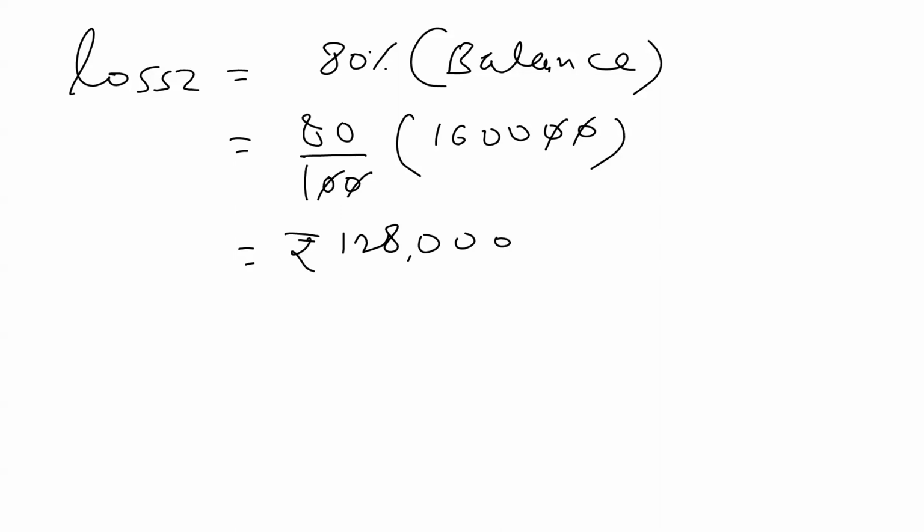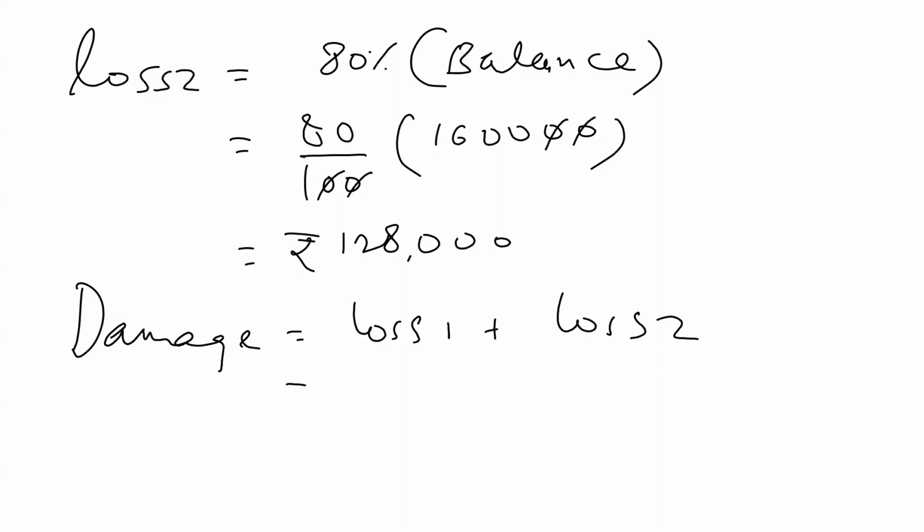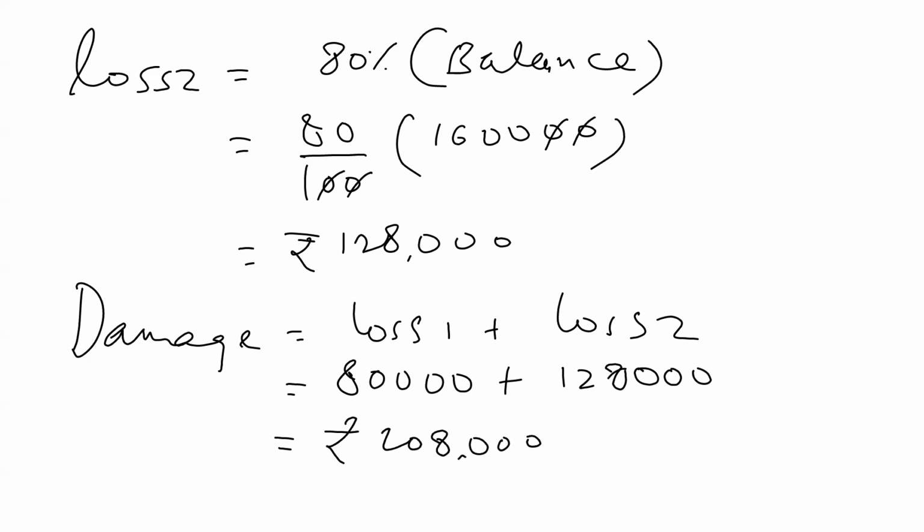Okay. Total damage in case of goods, loss 1 plus loss 2. So loss 1 is 80,000. Loss 2 is 1,28,000, which we calculated. Okay. So if we add these two values, we get rupees 2,08,000. So in case of goods, the claim will be damage into policy value upon property value,